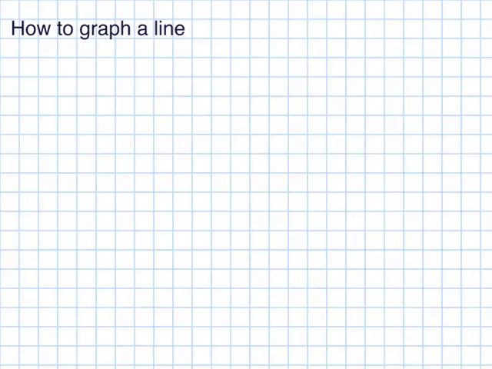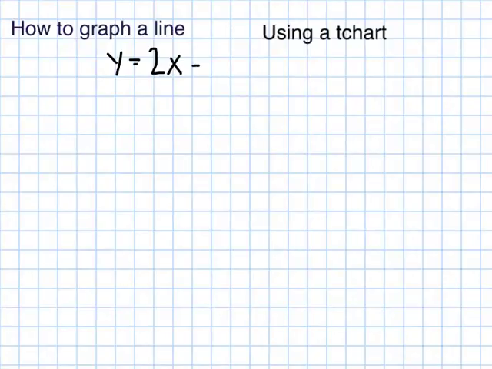Let's look at 3 different ways to graph a line. The first way to graph a line is using a T-chart. So let's say I have the equation y equals 2x minus 5. What you want to do for a T-chart is you have your x values and your y